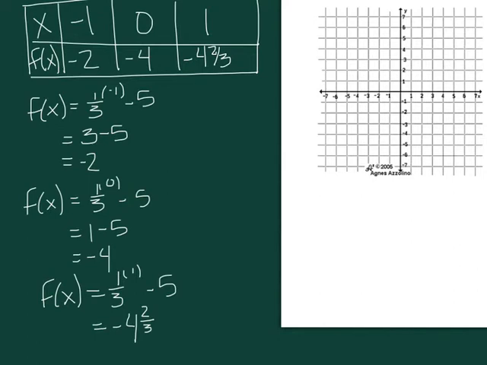When x is a negative 1, y is a negative 2. When x is 0, y is negative 4. And when x is 1, y is a negative 4 and 2/3. Oops, that should be a little lower. So the curve looks something like